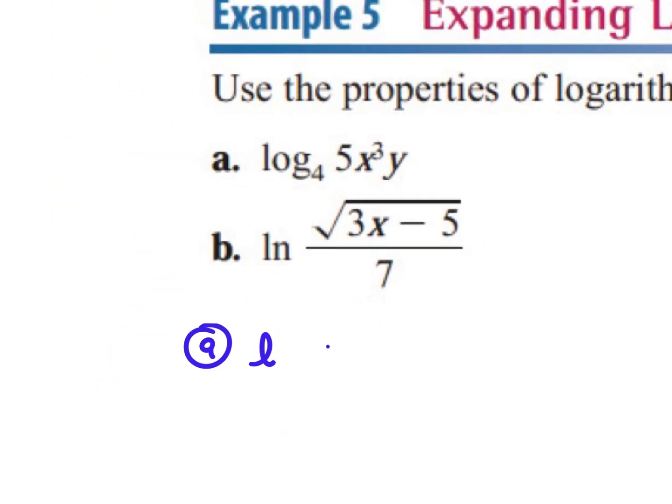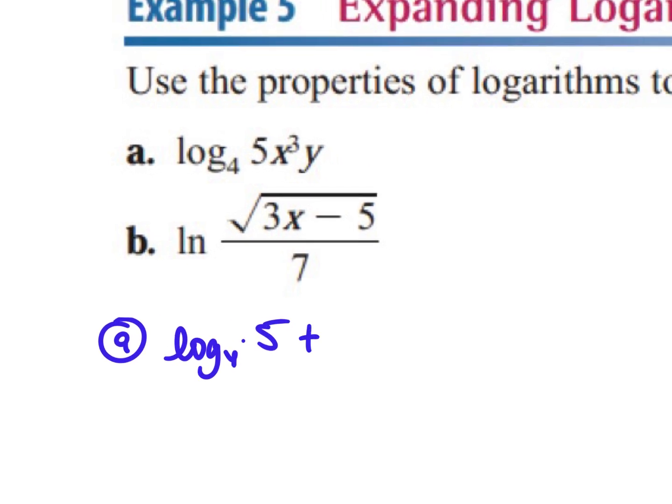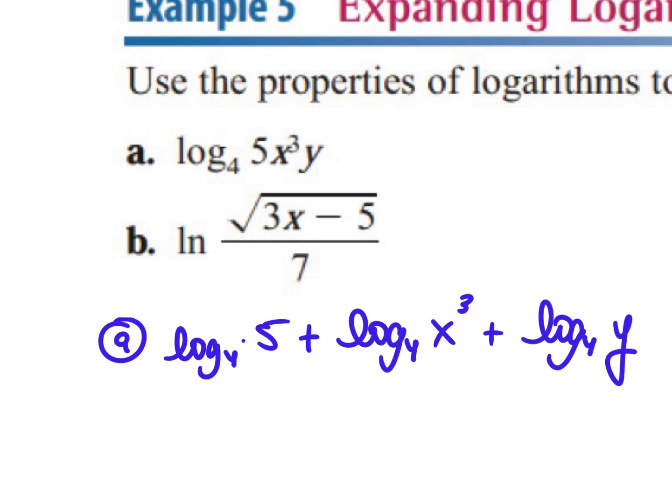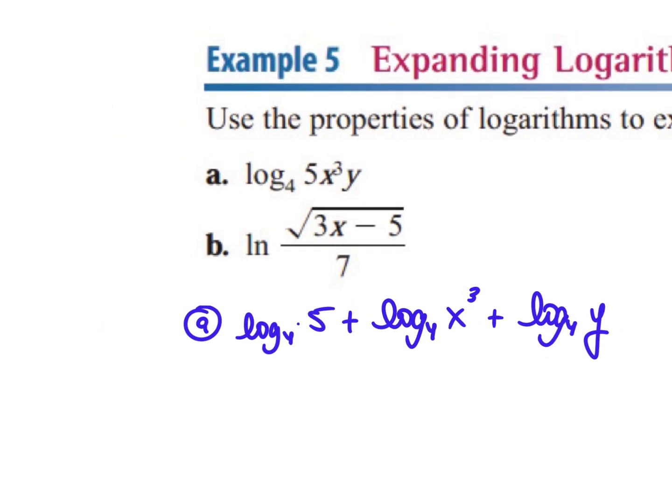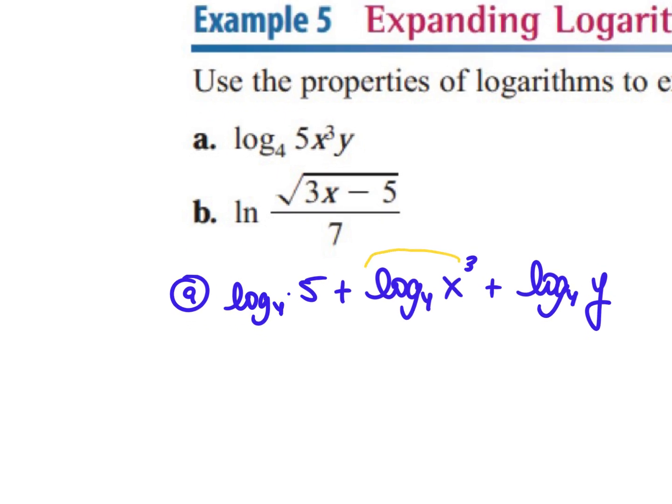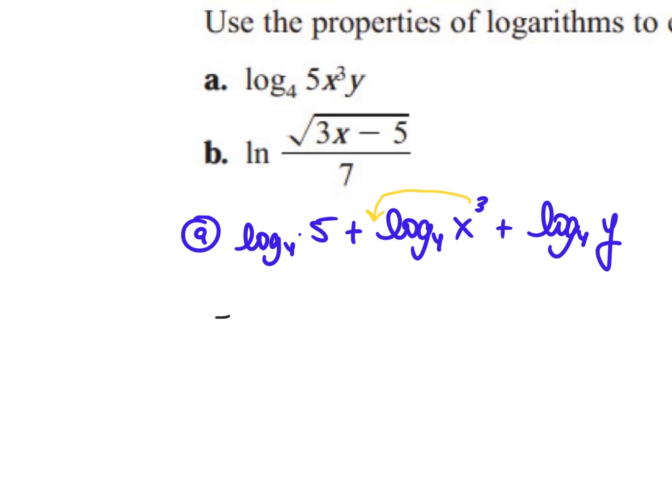So I have log base 4 of 5. Multiplication becomes addition. I have log base 4 of x cubed. Multiplication becomes addition. So I have log base 4 of y. Everybody with me? Now I have one more thing I can do. I got rid of my multiplications, but what do I have to do with this 3? I have to put it in front of that log. Not to the front of the whole thing, it's just the front of that log. So when I pull this apart, it's log base 4 of 5 plus 3 log 4 of x plus log